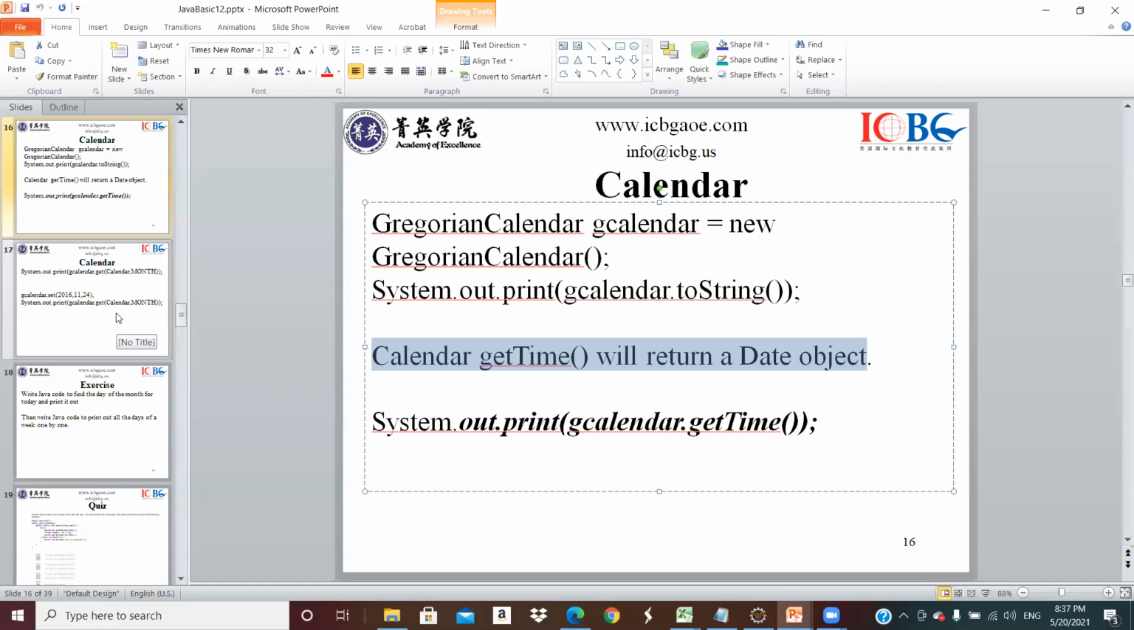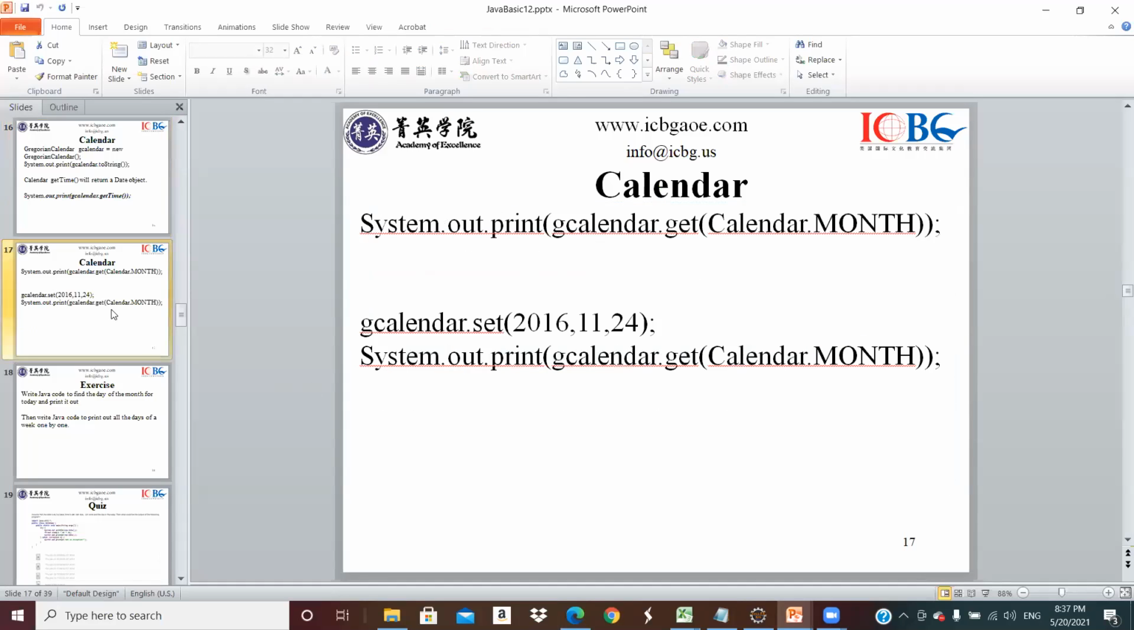Right? So let's move on. And then you use the calendar, then you can get month. It will give you the current month. Okay. And then you see you use calendar set. So you create a new calendar point to this date. And then you use calendar get a month. You see